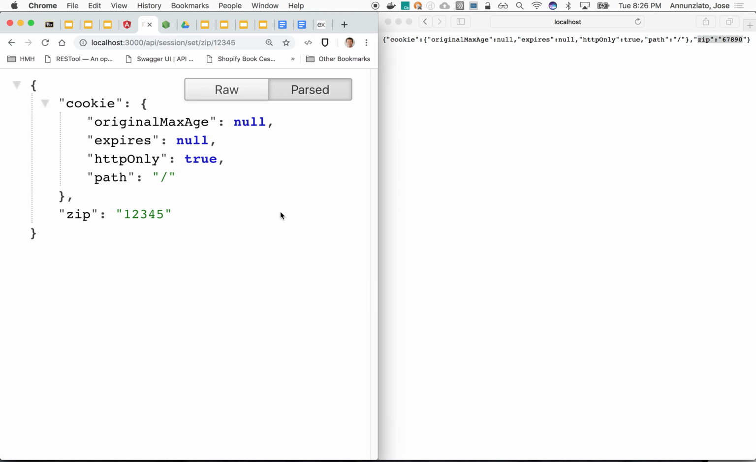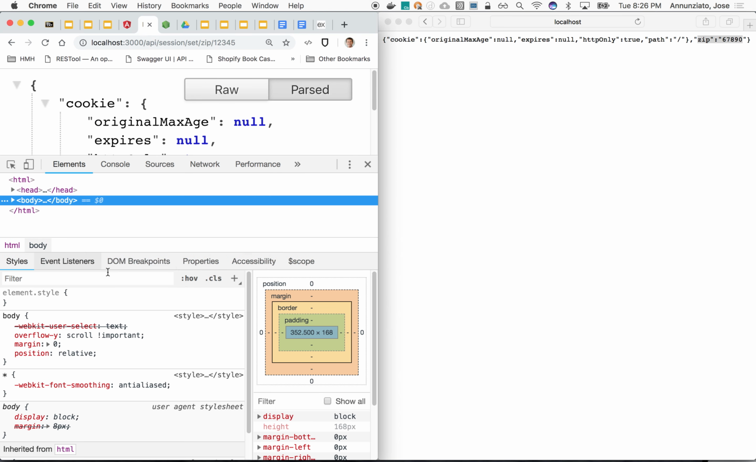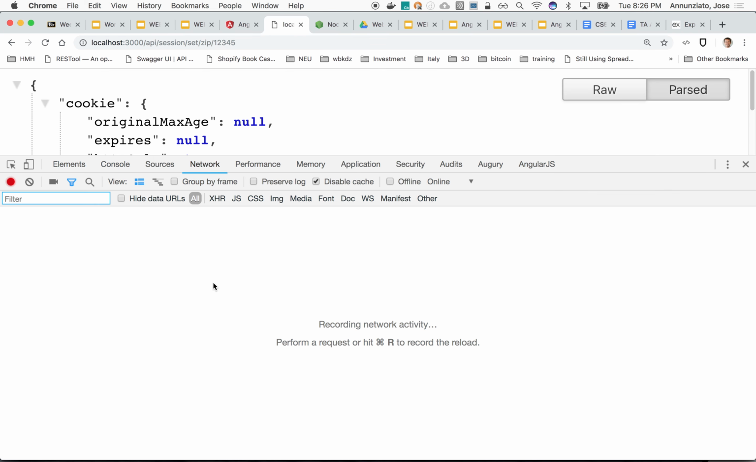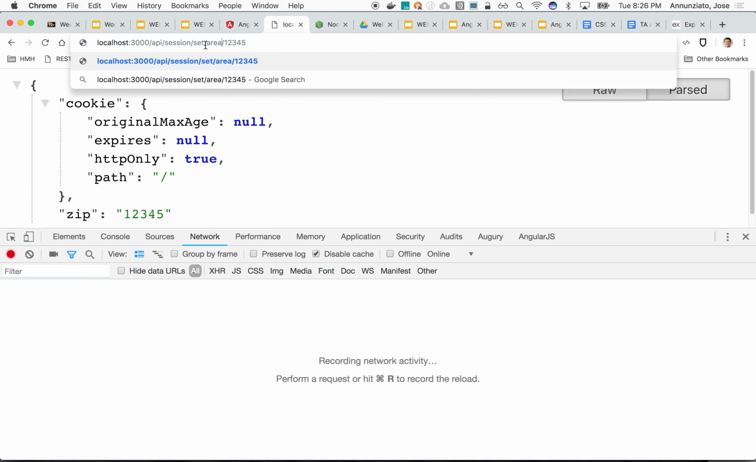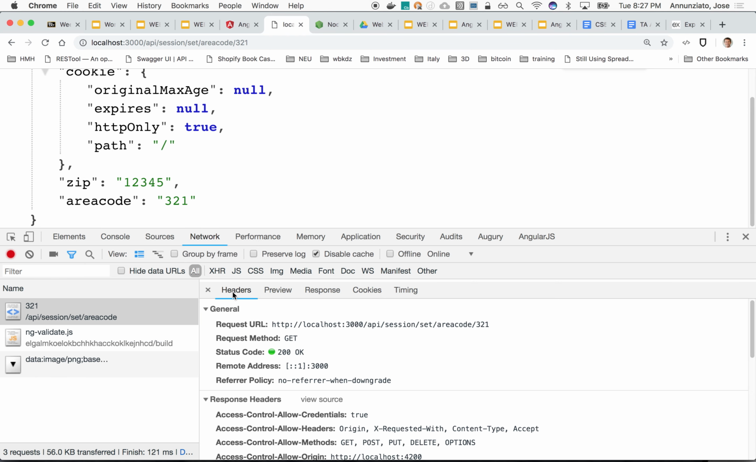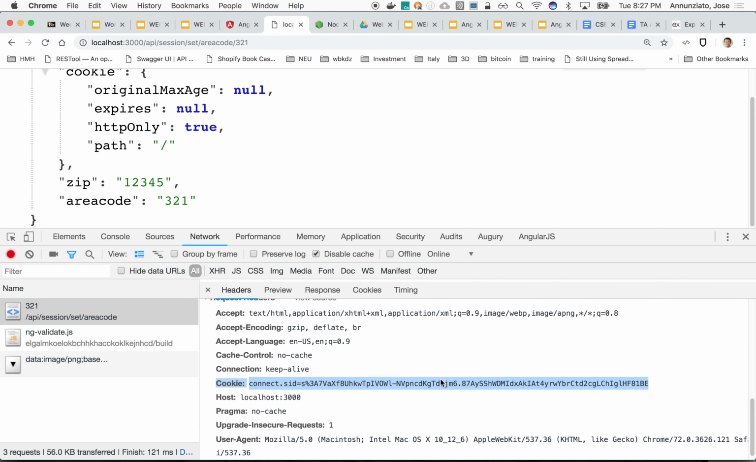Let's send something else. My area code, maybe. It's 321. So I send that. Notice that I have both my area code and my zip code still in there. And if I look at the headers, notice the cookie here. See that? That cookie